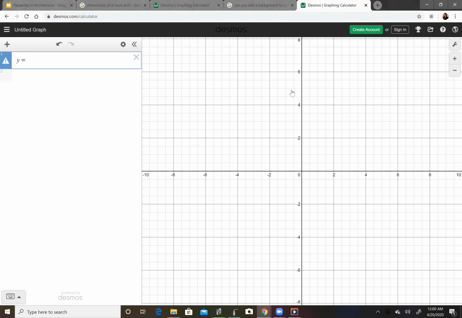Let's see if I can remember my numbers. My first equation was, and I'm going to also use this as a way to check all of my equations, my first equation was negative 0.00635, and it was x minus 315. You got to do the caret to get your squared, plus 630. Now you can't really tell what this looks like